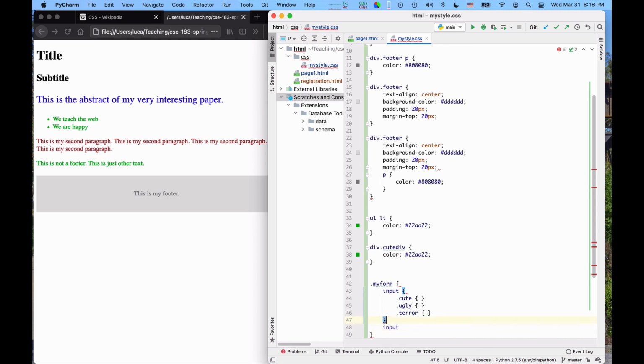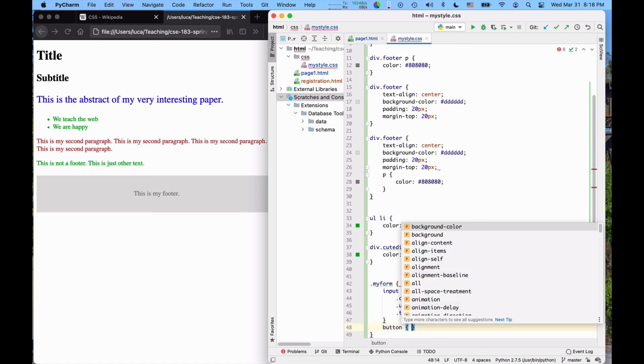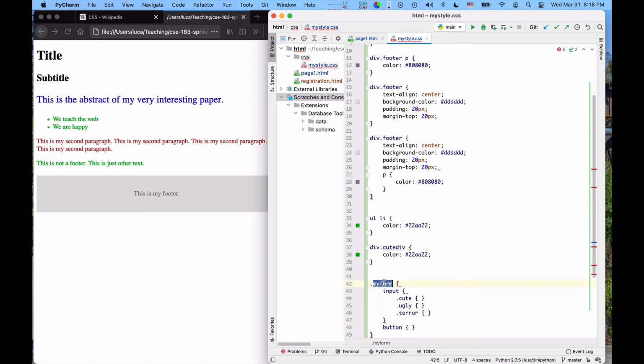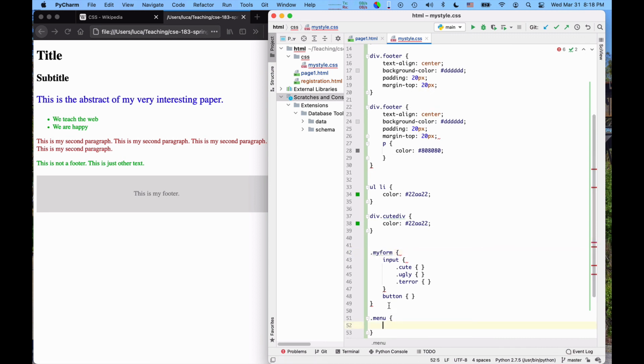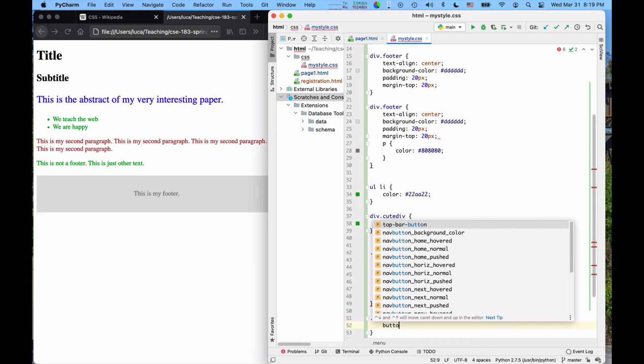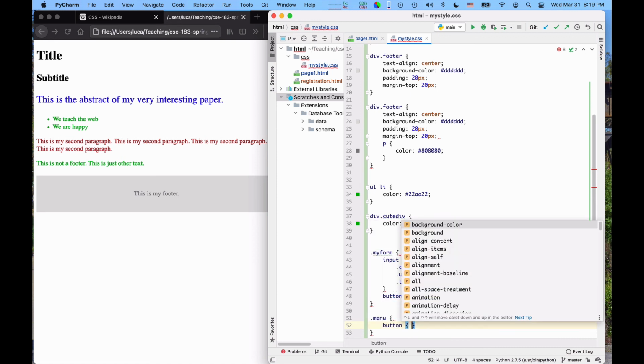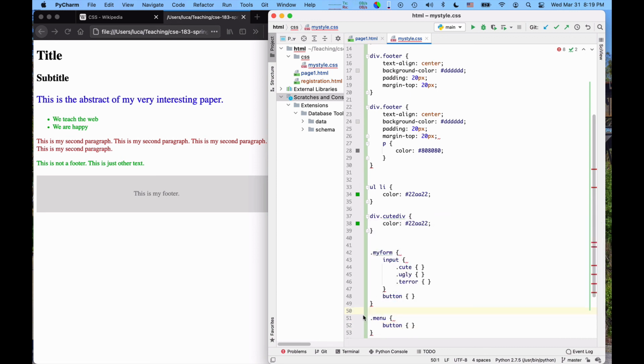And then I not only have inputs, but I have maybe button elements. And so I would like to keep all this styling for the form gathered together if I could. And I would like to have all the styling for the menu, in which I also will have a lot of stuff. Maybe I will have plenty of buttons in the menu, etc., nested in its own place.